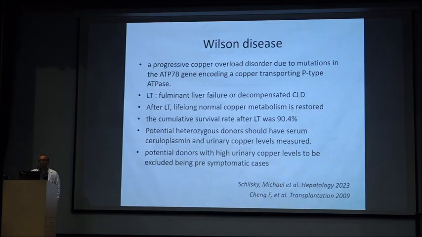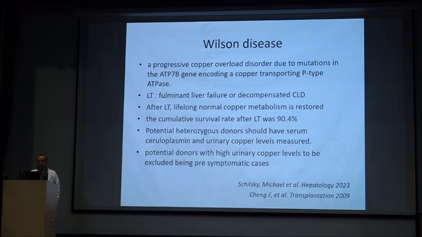Potential heterozygous donors should have serum ceruloplasmin and urinary copper levels measured, because it's an autosomal recessive disorder. And potential donors with high urinary copper levels are ideally to be excluded, because they might be cases in